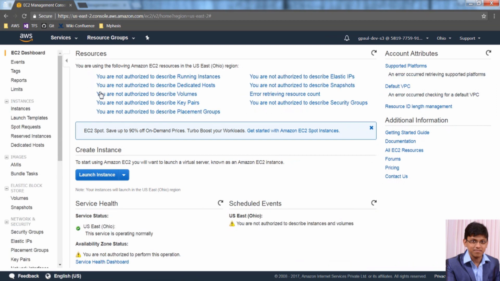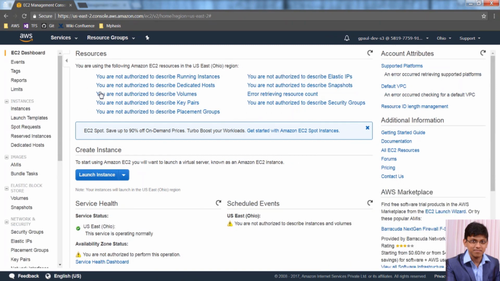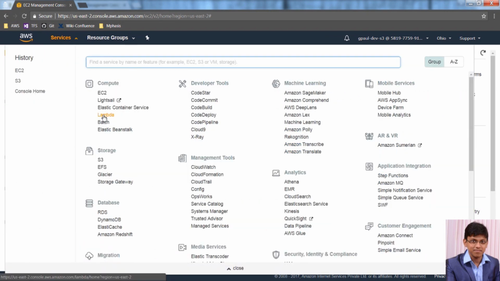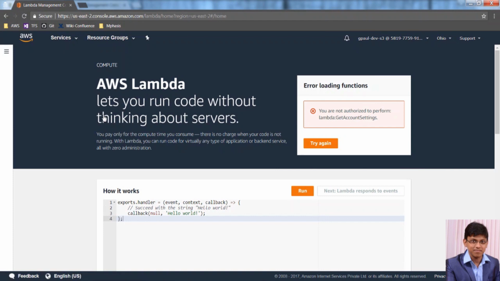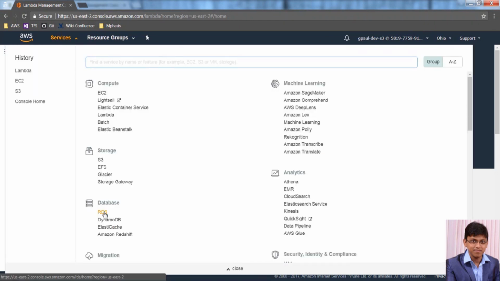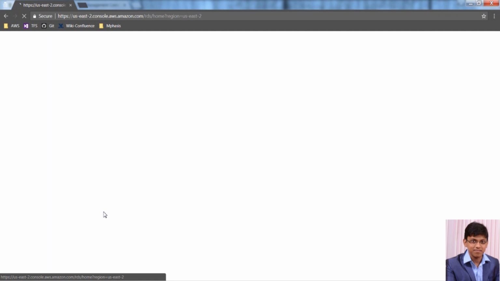We can go and see EC2 instance. In that you can see that I'm not authorized to describe running instances. I'm not authorized to describe anything. Go and see Lambda functions. Similarly here I'm not authorized to see the Lambda settings and all. For RDS,